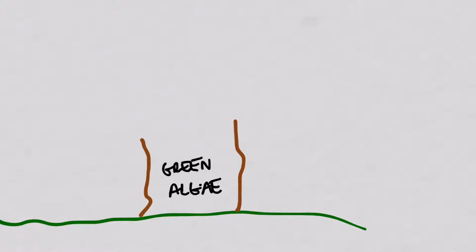Okay, so green algae are the base of our tree, and they're down here because green algae actually aren't plants. They are under the definition of the category, I guess the kingdom, protist. They are single-celled eukaryotes, so they have a nucleus, that do photosynthesis. But the ancestors of modern-day green algae also gave rise to the entire plant kingdom